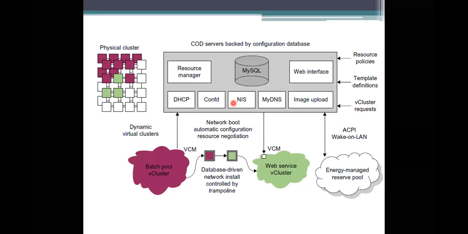In this diagram, we see the physical clusters on the top left side, with burgundy and green color representations. What these 2 colors represent is: the first color, burgundy, is the batch pool, which has the resources as a pool here, and the green color representations are web services. It makes the web services available to be handled here, and also maintains some configuration bases.